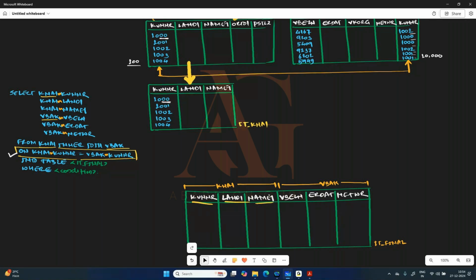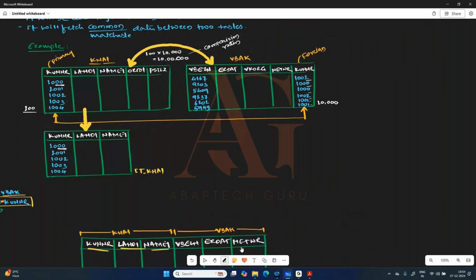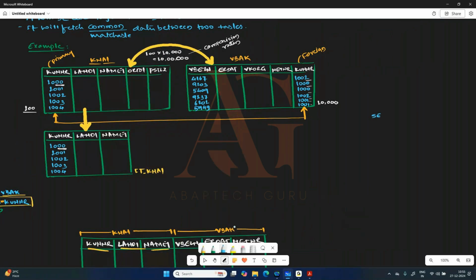Now, first what we need to do is bring the data from KNA1 into the respective internal table. So here you can see: select Kunnr, Land1, Name1 from KNA1 into table IT_KNA1,